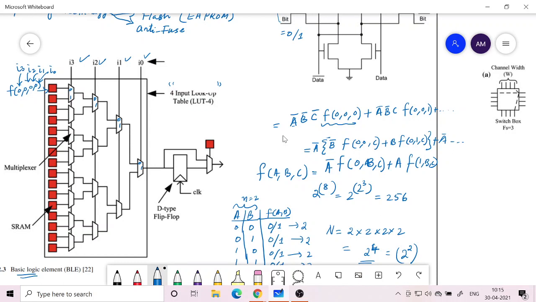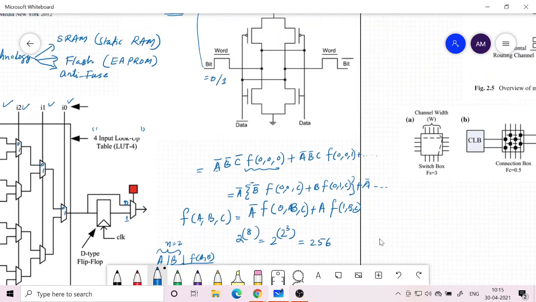If you take it from this point, it is just the combinational output. If you take it from this point, that is a registered output. That is, if flip-flops are to be part of your digital logic design, then you take it from the clocked output, which is the storage element. This is basically a D-type flip-flop, you can see. So these are the 3 parts of the BLE: LUT, then register, then a multiplexer which can choose from direct output or clocked output.